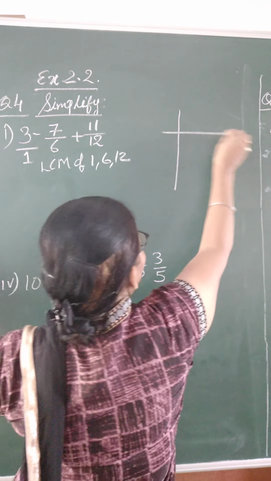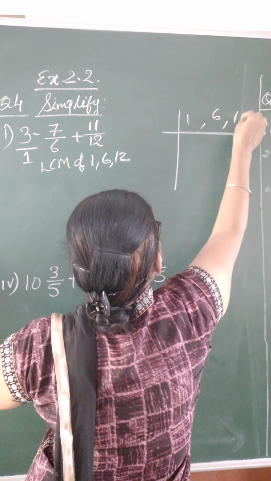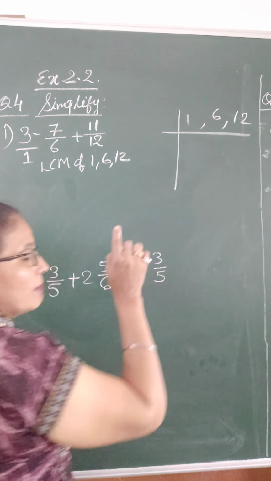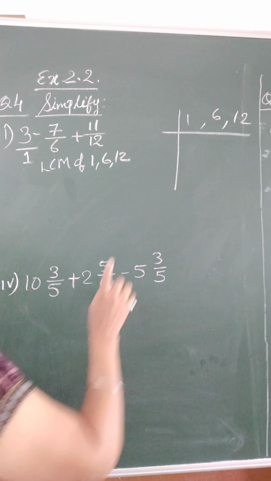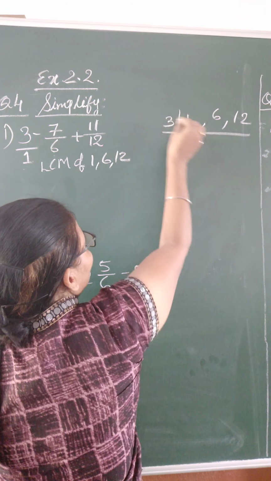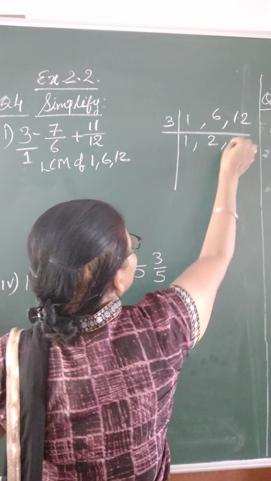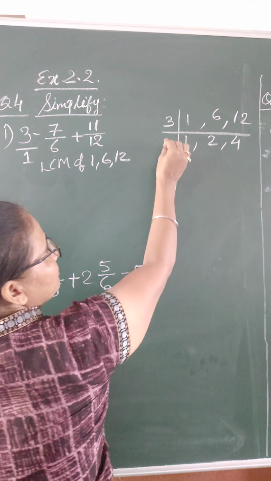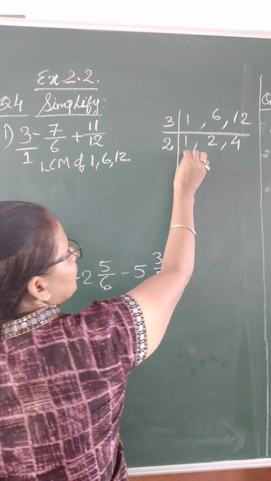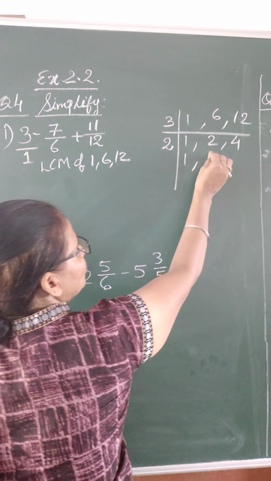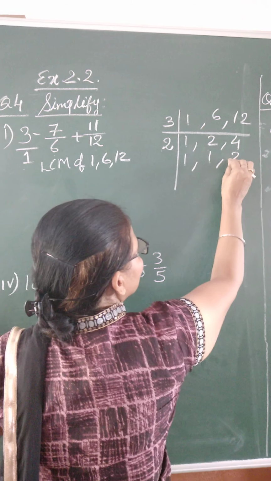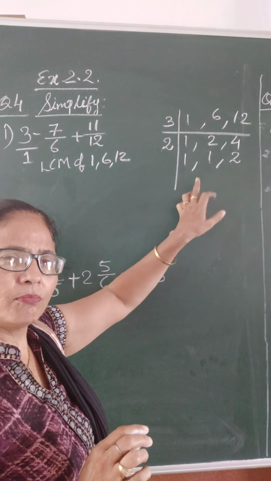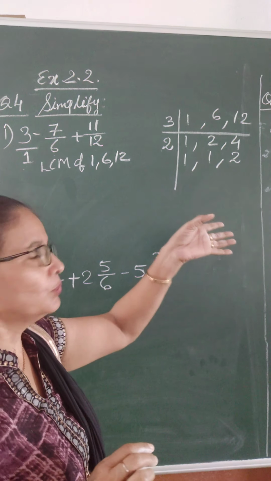So this is one more method, you see the long division method, 1, 6 and 12. Here at least 2 numbers should be divisible by the same number. As you can see, 6 and 12 both are divisible by 3. This one will be as it is, 3 2s are 6, 3 4s are 12. Now again you can find that 2 and 4 both are divisible by 2. So we write 2 here. This one will be as it is. 2 divided by 2 is 1, and 4 divided by 2 is 2. Now, are there any 2 numbers divisible by the same number? No, only 1 is there, and 1 again gives 1, 1 and 1. So no need to divide again.